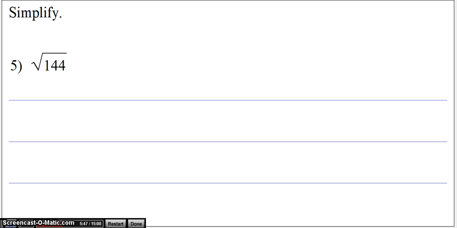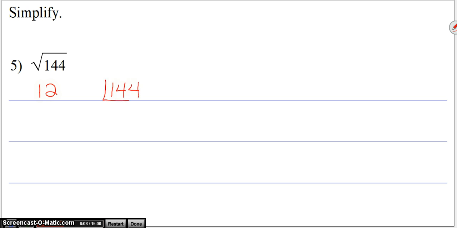Okay, a couple more. Now this problem, if you're really on top of things, you already know the answer, because the square root of 144 is a perfect square, it's 12. So I know that's the answer. But if you're not quick on your feet, if you don't recognize that as a perfect square right away, this